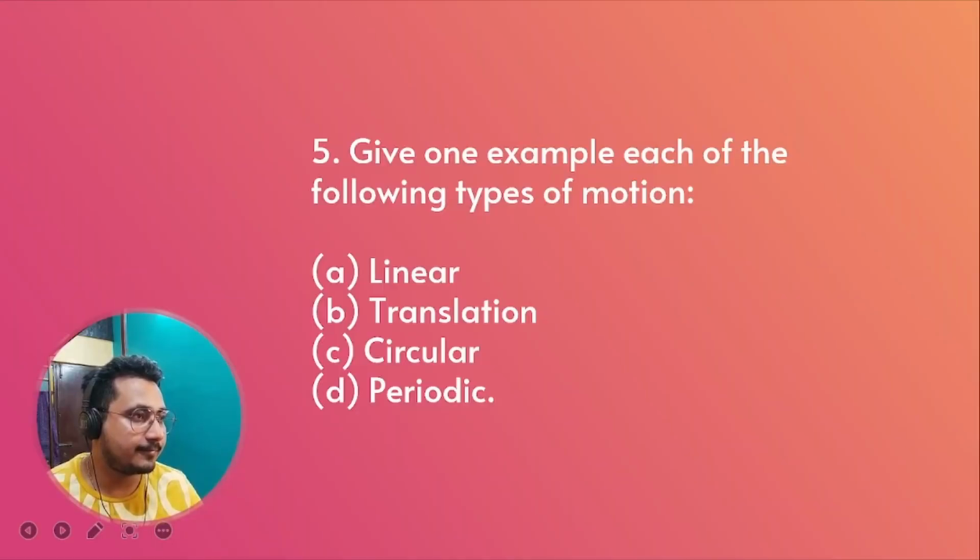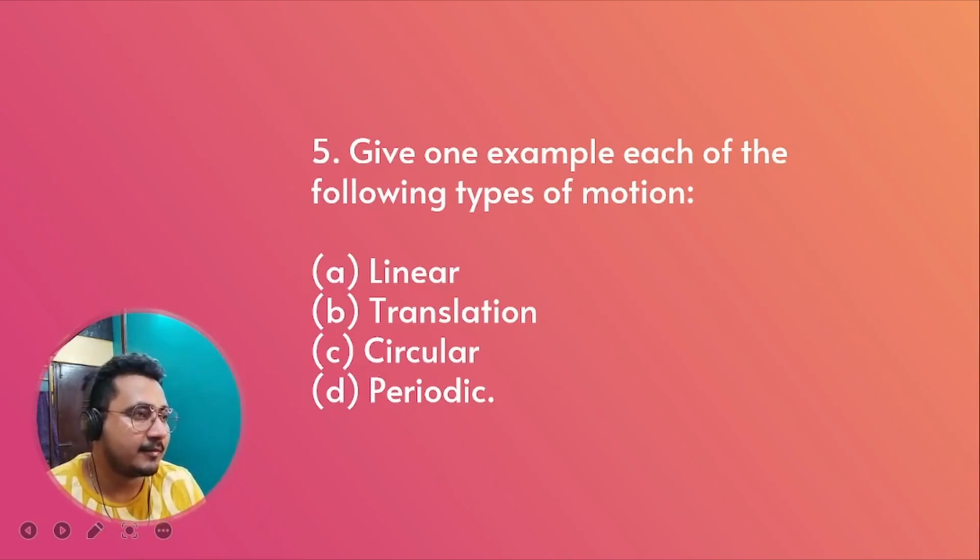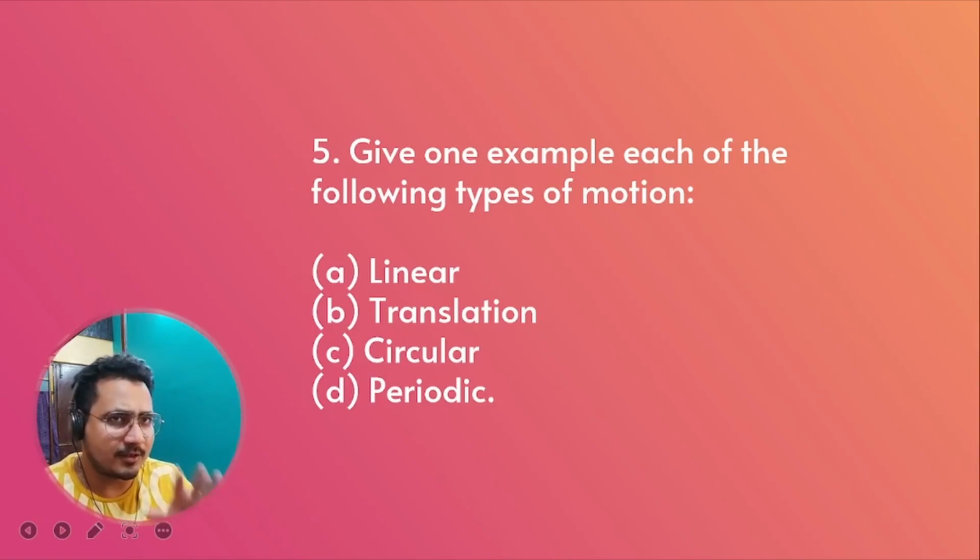Give an example of the following types of motion. Linear will be the fan? No, linear is always like that; the fan is moving like this. A rock falling, yes, very good. Translation. Next one, answer. Circular: wheel, clock, or fan. Next,